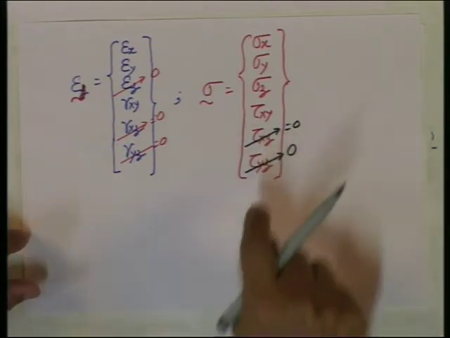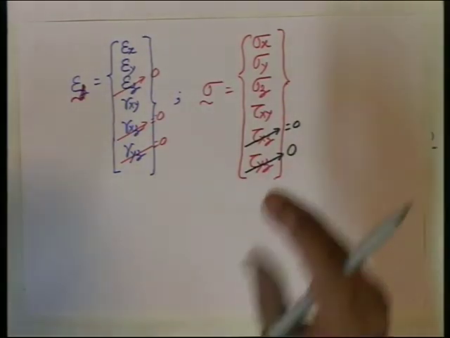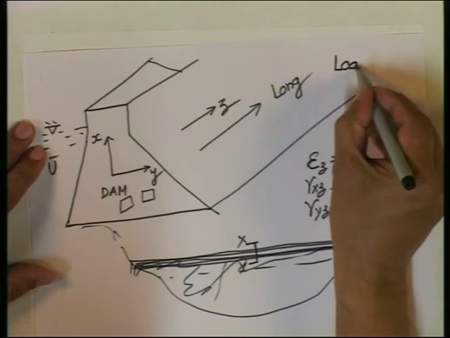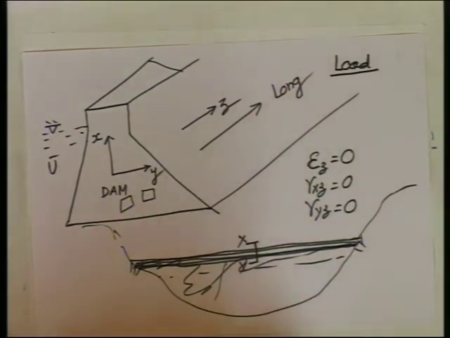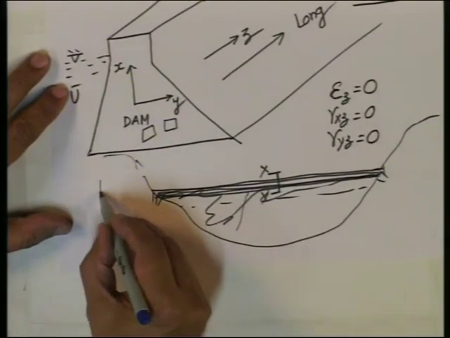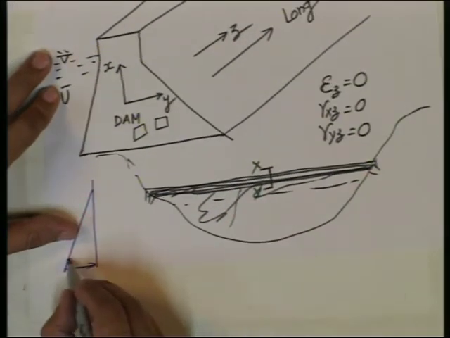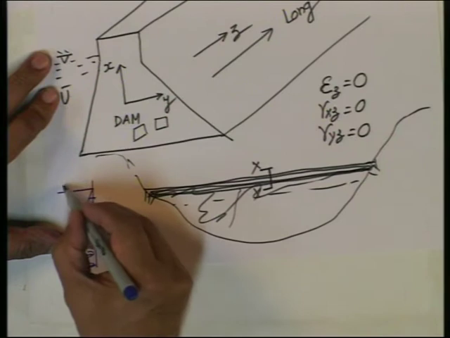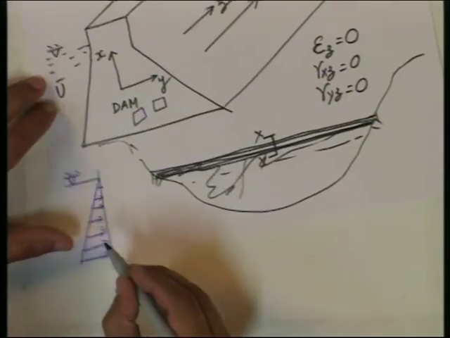So this one will be 0, and this one also will be 0 for another reason, because in a dam all the loads that are there are independent of Z. These loads, the water load, the water pressure, a triangular water pressure with the height of the dam wall, from wherever your water level is. This is more or less the same, so this is independent of Z.